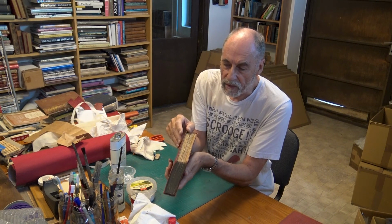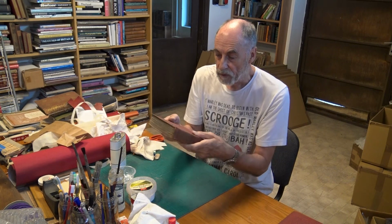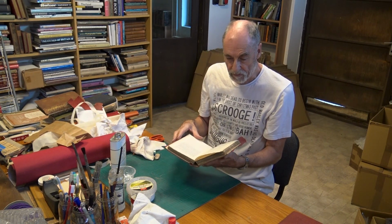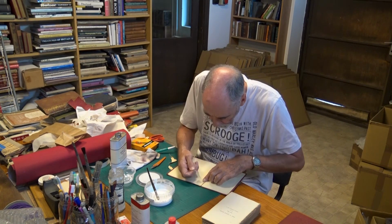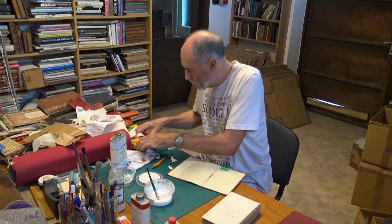Lots and lots of pages hanging out, corners quite badly bumped, ragged at the spine ends. It's going to be a very similar job, so I'm just going to get on with it, and I'll edit this massively. These are pale yellow end papers and you can't replace them, so I'm using the original material and